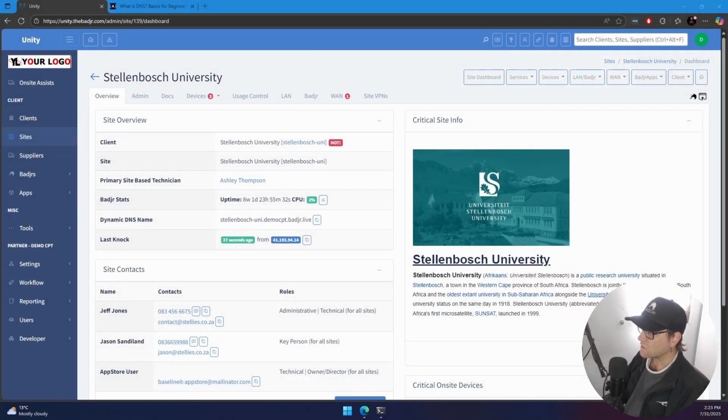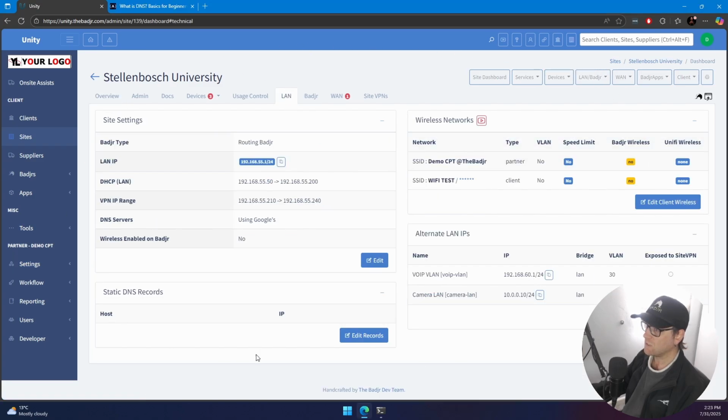So here we have Stellenbosch University as our demo site. Again, this isn't a real place. And if we go to our LAN page, you'll see here you have your site settings and your static DNS records. For instance, if I had a web server on site and it's not a domain that exists in the public space, and I just needed to resolve DNS to a local server, what I can do is go and